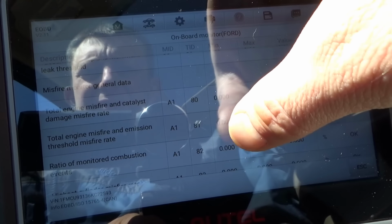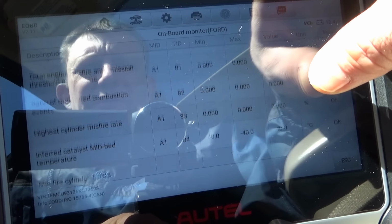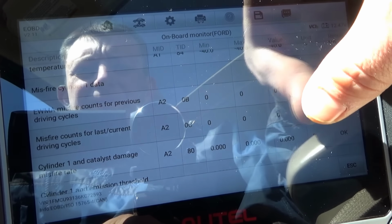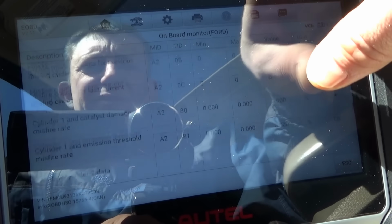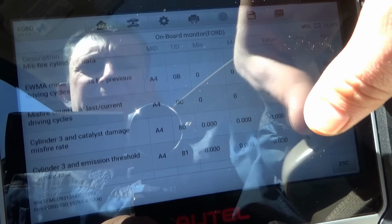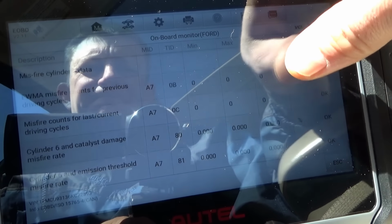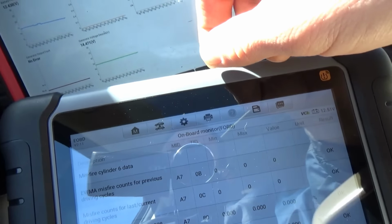We see all zeros. Emissions threshold misfire rate. Cylinder 1 data, cylinder 1 catalyst damage, emissions threshold misfire rate. They're all zeros, zeros again. So, not very helpful. The only way to do this is to hook up an oscilloscope and monitor the current going to these